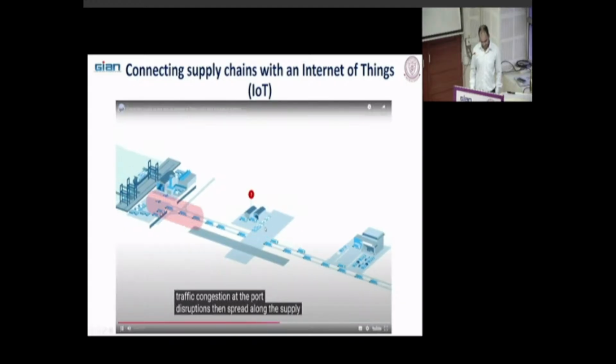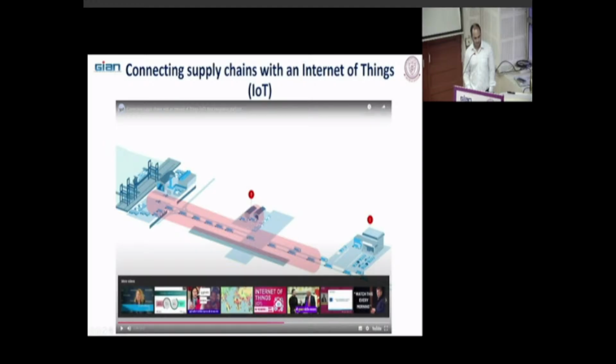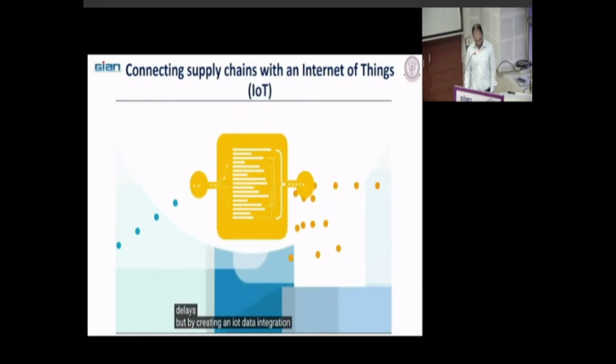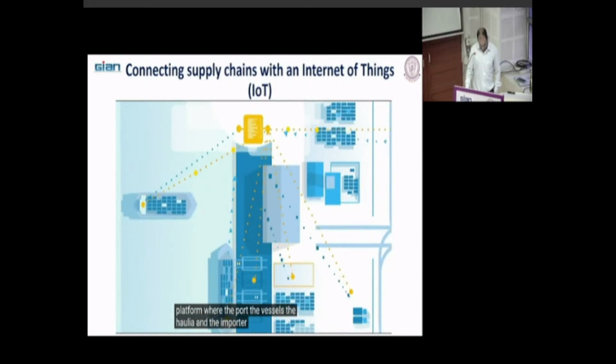Disruptions then spread along the supply chain to the importer, who now faces delays. If there is a delay at this port when entering that vessel, it will affect these hauliers, then the other logistics providers. But by creating an IoT data integration platform where the port, the vessels, the haulier and the importer